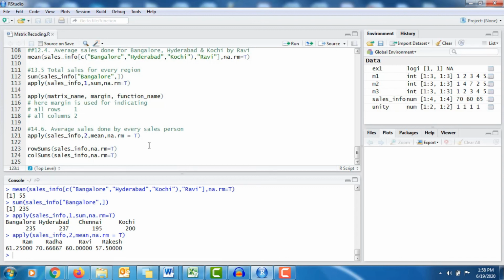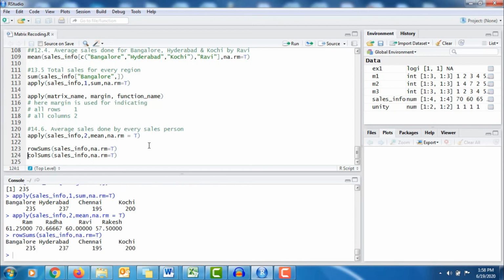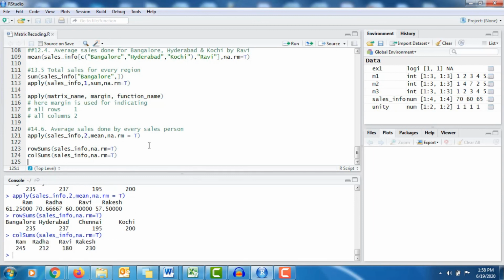So the same task can be achieved by the rowSums and colSums functions. rowSums will calculate row-wise totals and colSums will calculate column-wise totals.